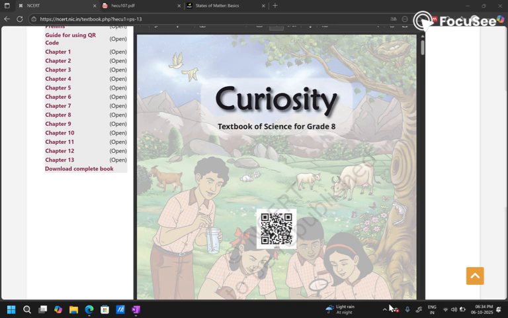So, let's begin our first video where we'll be focusing on the new NCERT textbooks which have been released in the last few years. For class 8, the book was released earlier this year. That was a couple of months back. So the new NCERT science book for class 8, as you know, was released this year itself. And in this series, we'll be exploring for now the concepts from this updated edition of science book.